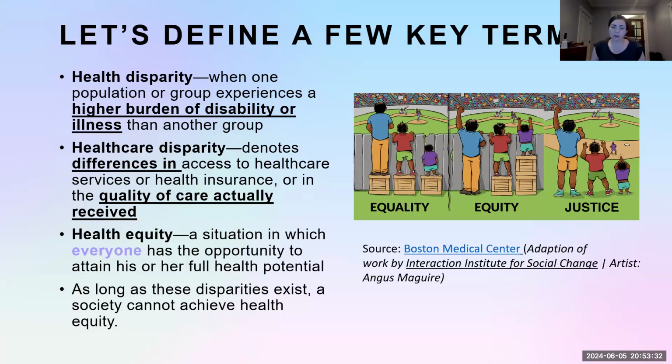And then health equity, we're going to define that in this course as a situation in which everyone has the opportunity to attain their full potential, right? And this is a slightly antiquated definition, so please ignore when we have those gender, that bivariate gender construct representative. We want to be inclusive, but that's the definition our text is using. And this, I think, is a great graphic that shows that what we do in public health is we remove barriers. Sometimes it's about helping to elevate, helping to support, but quite often it's about wiping out those barriers wherever we can.